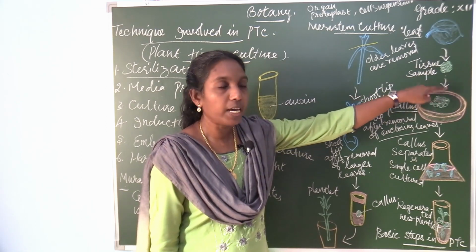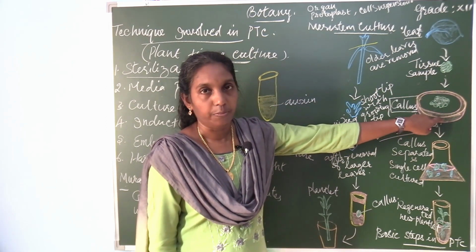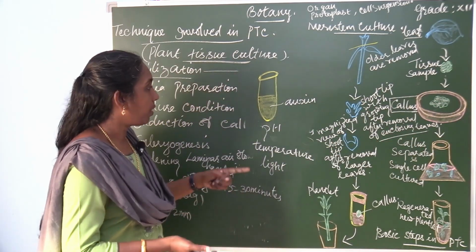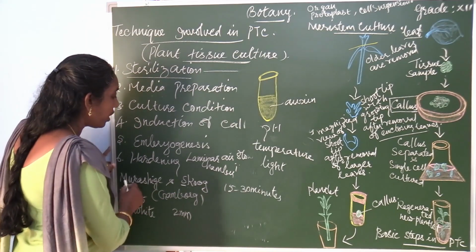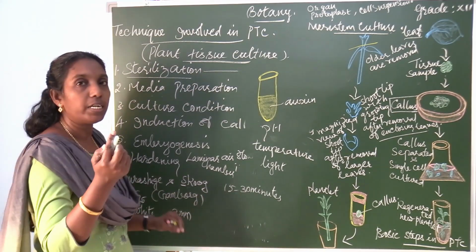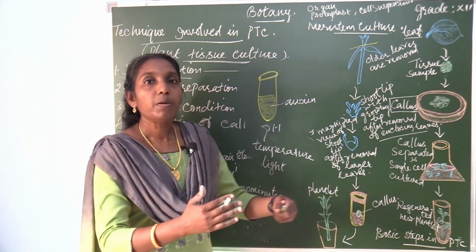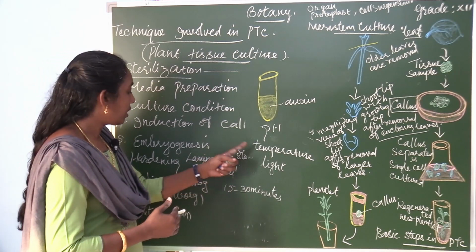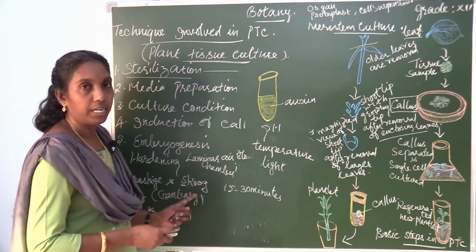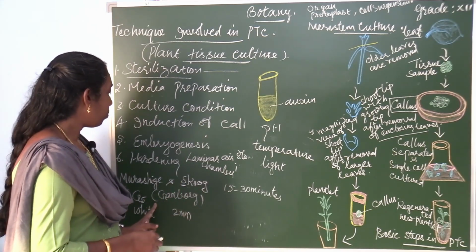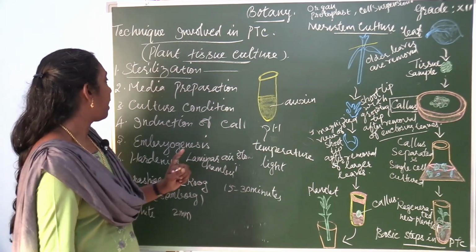Transfer of explant into the culture medium is called inoculation. So, inoculation is the transfer of explant. Now it is transferred to the medium. What are the media? There are Murashige and Skoog medium and B5 medium. One medium is not sufficient to develop the entire plantlet, so it is selected depending upon the plant species. The commonly selected medium is the MS medium, Murashige and Skoog medium. Other alternatives, B5 medium or White medium, can be selected.